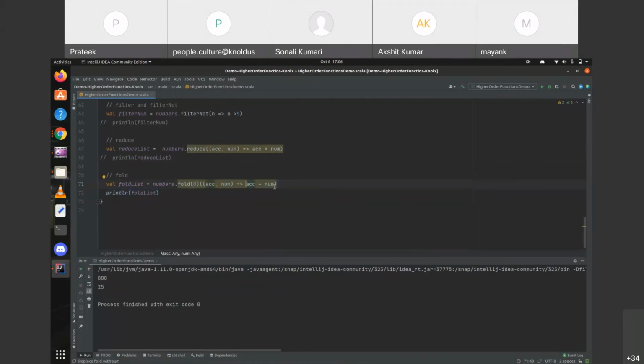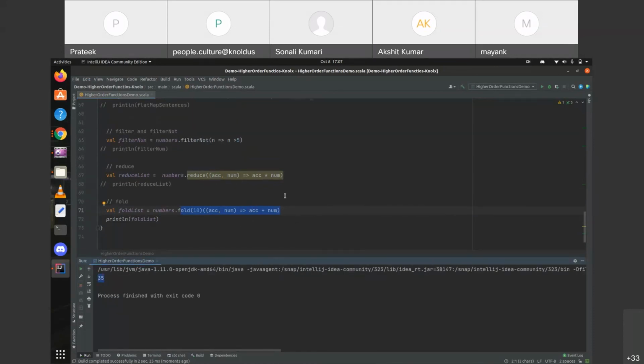Let's say if we want to change the initialized value, then we can simply do it. Then this highlighted error will be gone. Initially, it was showing us that we can use sum instead of calling this whole, because at that time we were simply adding all the elements. But let's say we change the initial value, then that will be gone. So in this case the initial value is 35 and the sum of all the elements will be 25. So we'll get 35 as the output because we changed the initial value. See, 35 is the output.